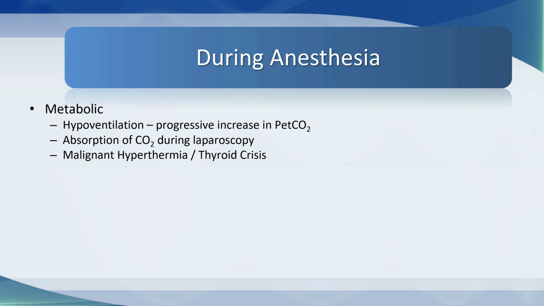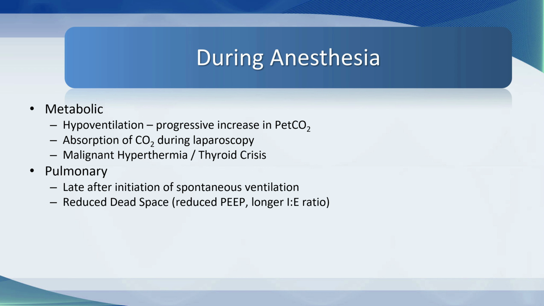Occasionally there's a dramatic increase in metabolic activity, which may, for example, occur due to a thyrotoxic crisis or malignant hyperthermia, but these are very, very rare to encounter in clinical practice. But something you need to think about: in the case of malignant hyperthermia, the patient's temperature will exceed 40 degrees Celsius. The second thing to think about is